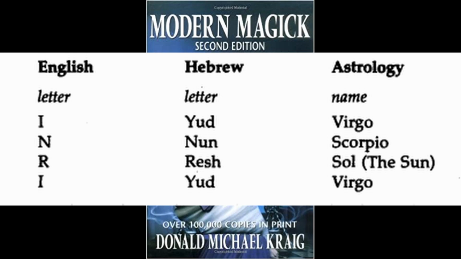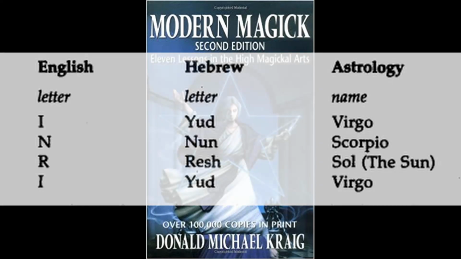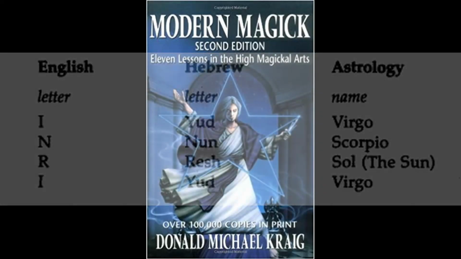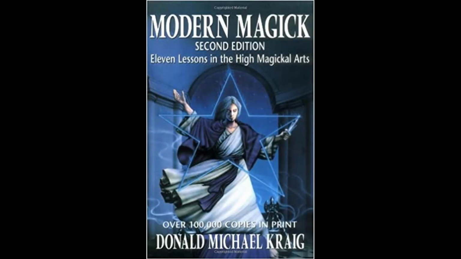For those of you who may be totally unfamiliar with astrology, let's examine briefly the meaning of these astrological signs on a very simple basis. Virgo is the pure and virginal sign of nature. Scorpio is a sign of energy, death, and transfiguration. Sol, the sun, is the source of light and life to everything on the earth. It is essential to our lives because it is central to our solar system.